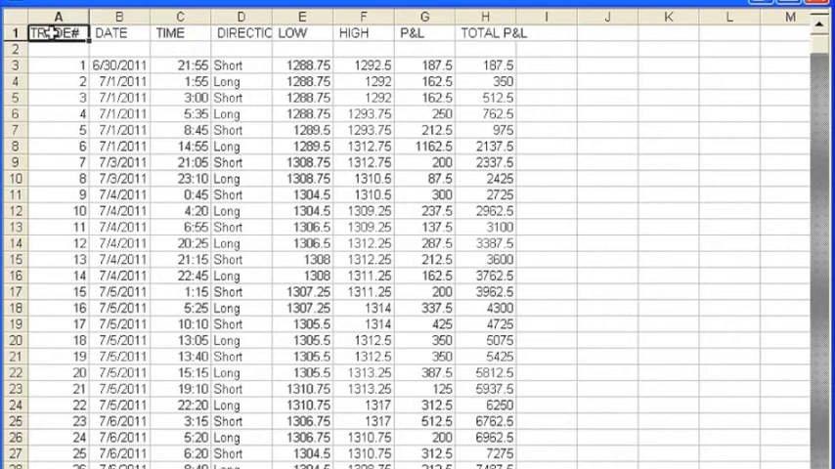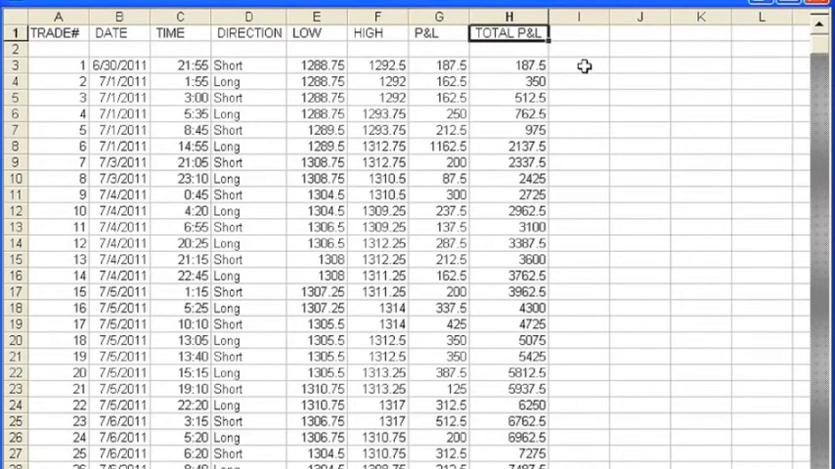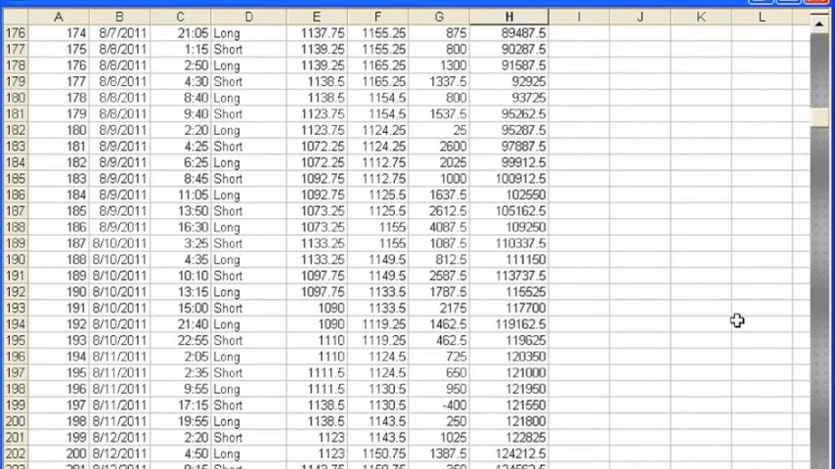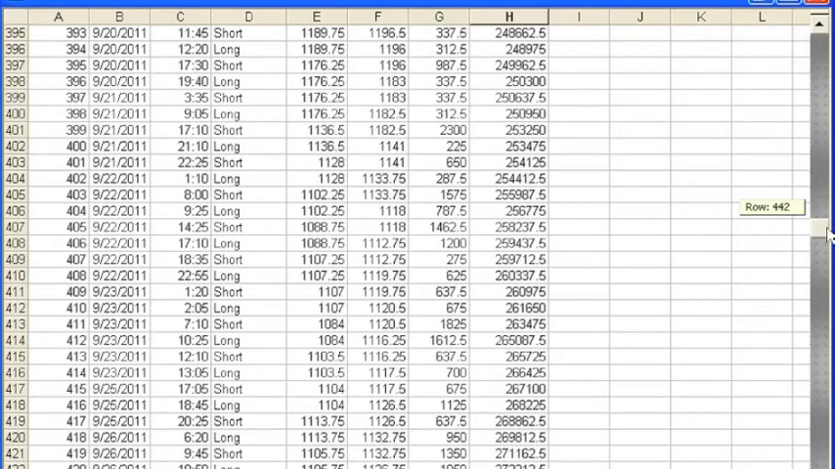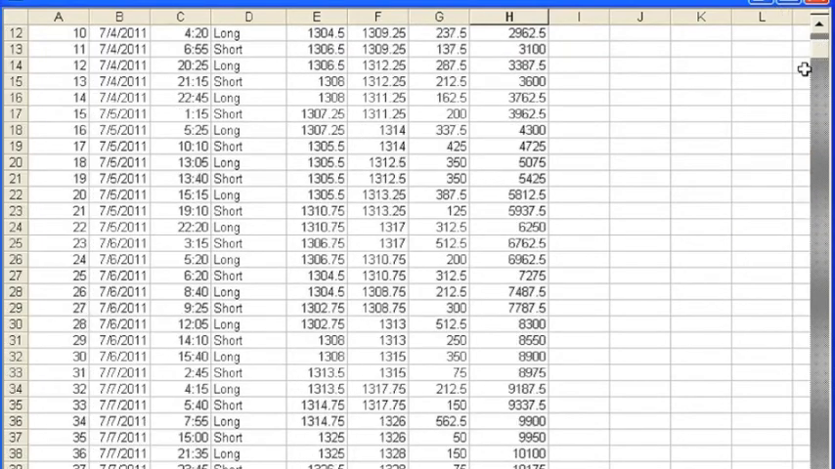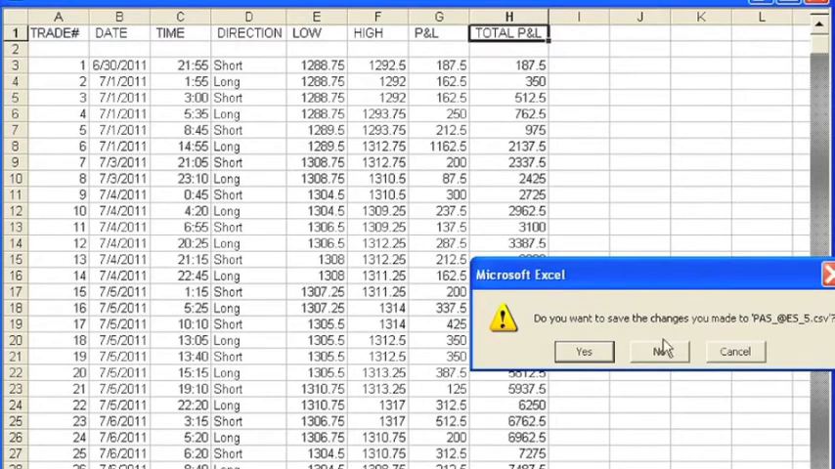You can see across the top here we're going to have our columns. We have our trade number, the date the trade took place, the time the trade took place. We're going to have our direction, the swing low, the swing high, our P&L, and then our accumulated P&L expressed in dollars. And you can see this becomes quite lengthy because we have literally thousands of trades here. So if you're not interested in seeing this information, what you can do, let's close this,